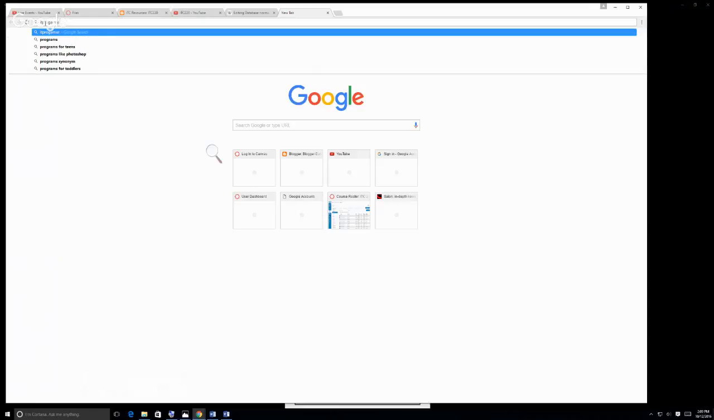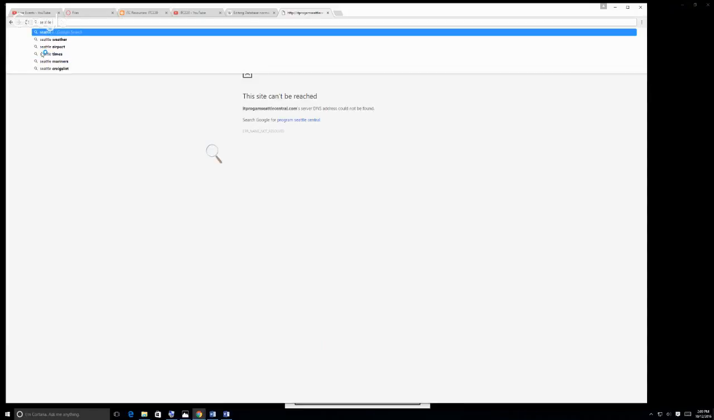I don't know if there's 2 S's. Seattle Central.com. Nah, this one isn't. But nope, that didn't work. So here's another thing you can do. This actually works better. Seattle IT